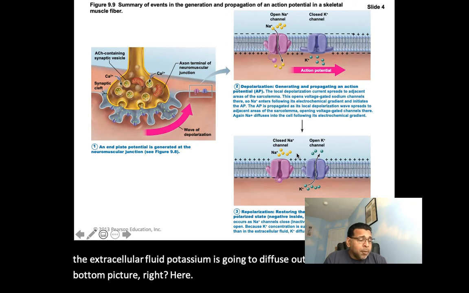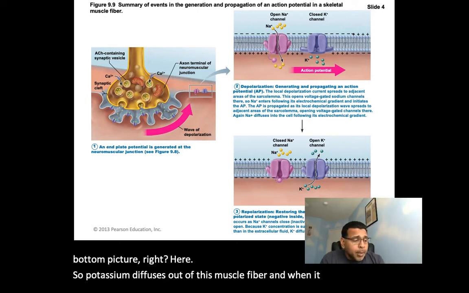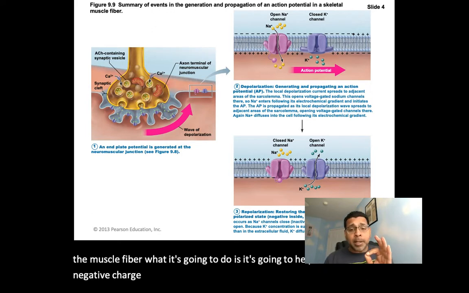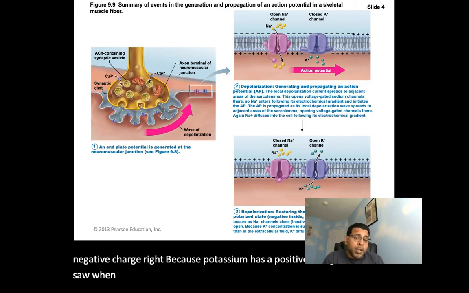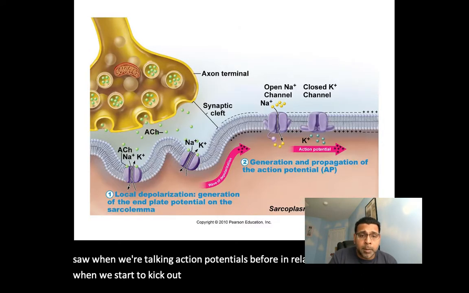So potassium diffuses out of this muscle fiber, and that helps restore the negative charge, right? Because potassium has a positive charge, as we saw when we were talking about action potentials in relation to neurons. So when we kick out this positive charge,